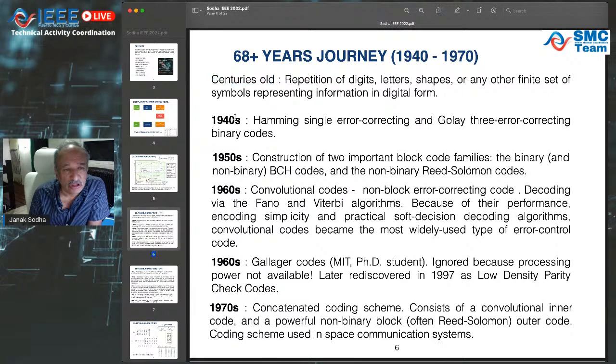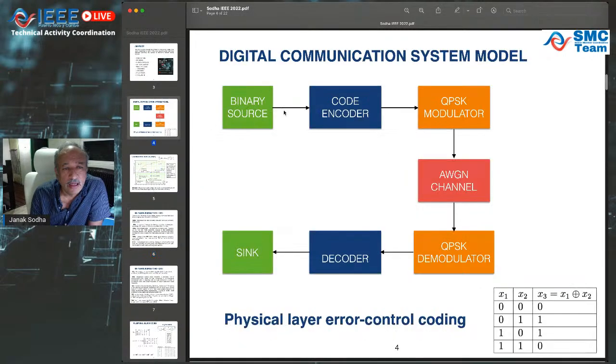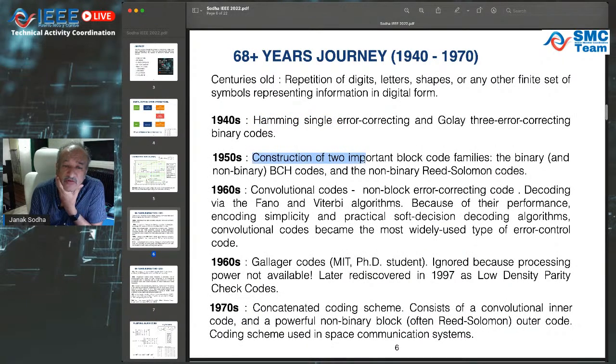And that error control coding took formal mathematical form in the 1940s. Hamming single error correcting code, which we will look at, and then Golay 3 error correcting code. We won't look at this, the most important one being this. In the 1950s, the construction of 2 more important block codes. What are block codes? Block codes are where a certain block of binary digits enter and a certain block of binary digits exit. So for example, 4 could enter and 7 could exit, or 3 come in and 6 could come out, as an example. So the 1950s,